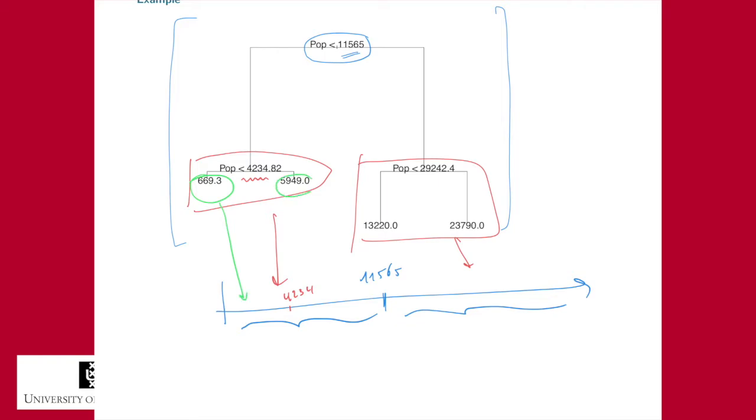You have another prediction that you use if you are in this group. The same for this group here. We have a split at 29,000, so it's here. And if you are in this region, we use this prediction. If we are in this region, you use this prediction. So this decision tree